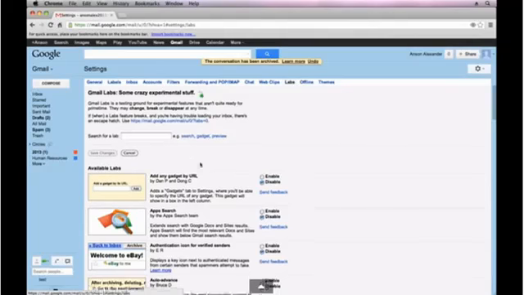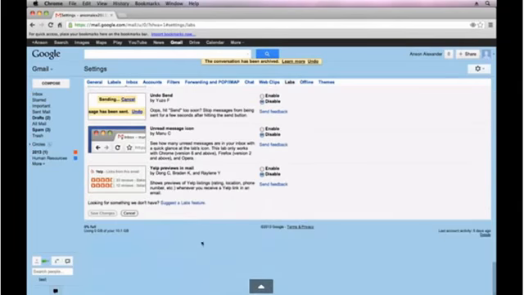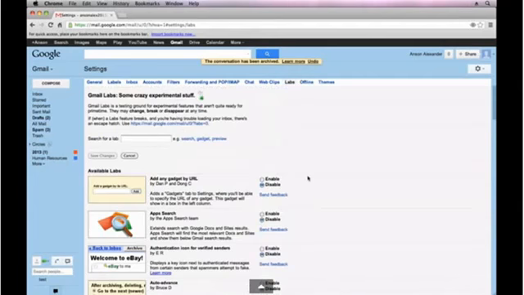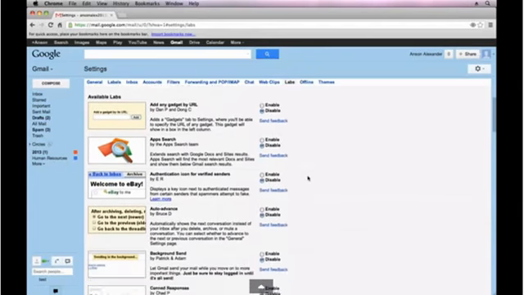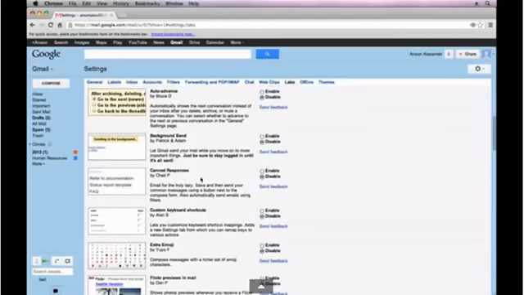So you'll notice that all of the labs have a title and then a short description, and then over on the right, you can enable the lab if you want. Once you've enabled the labs that you want to use, you can go to the bottom and hit Save Changes. But let's just go down this list and talk about a few of the more useful apps. So if I scroll down here a little bit, the first one that you might want to use is canned